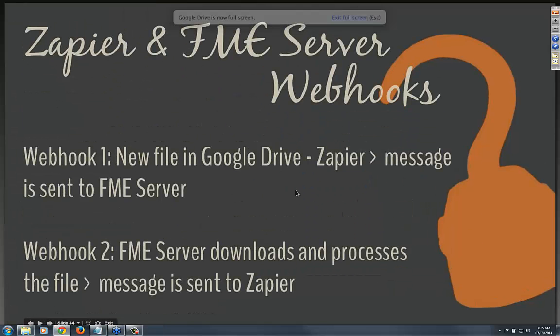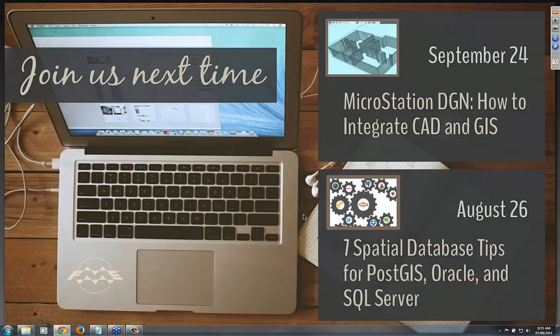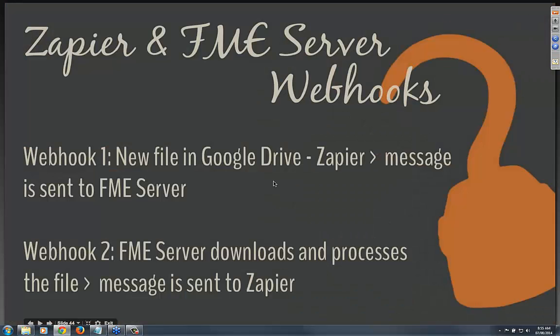That just explains basically, Zapier has a webhook and FME Server has a webhook, and they're sending each other data. Now that being said, you basically do have to have a web server for the webhook, but there's actually this site called, this is kind of an off-road, but this site called Web Scripts, which allows you to basically, they host the script for you, and you just build it on their